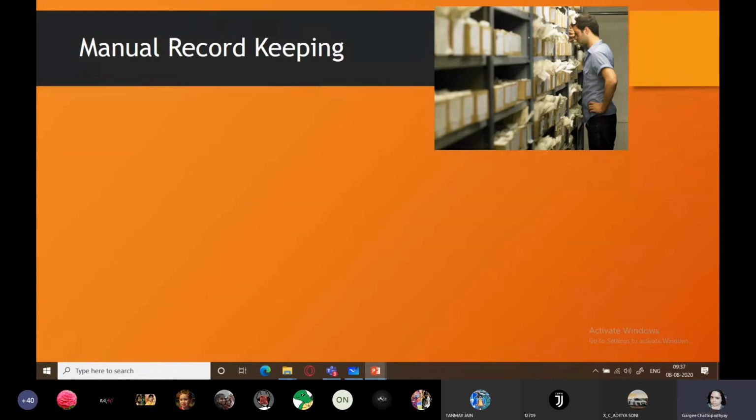Now you can see this image. What do you see in this image? Can anyone interpret this image? That manual recording is very inconvenient. He is totally exhausted. It might be possible he is looking for a particular record or file through the cabinets, and it is just wearing him out.